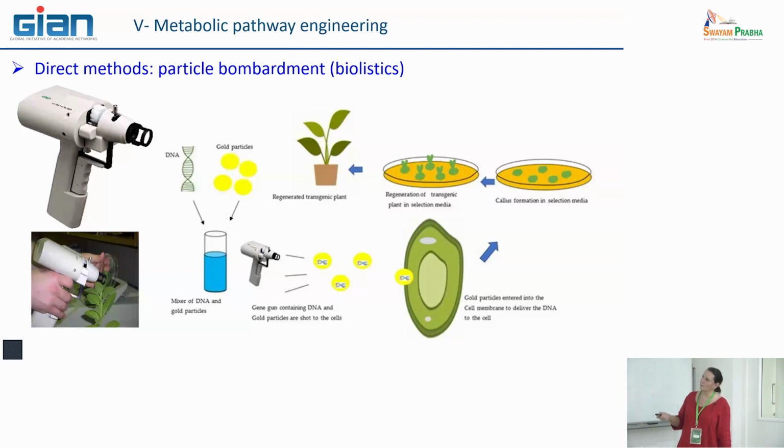So by this type of methodology, you can produce both transient transformation or stable transformation. This could take more time than some hours, obviously, but it is not the same aim to produce these two types of plants. So it is really quite useful to understand several things. In particular, if you can bombard some plant cells, you can observe the production of an enzyme.